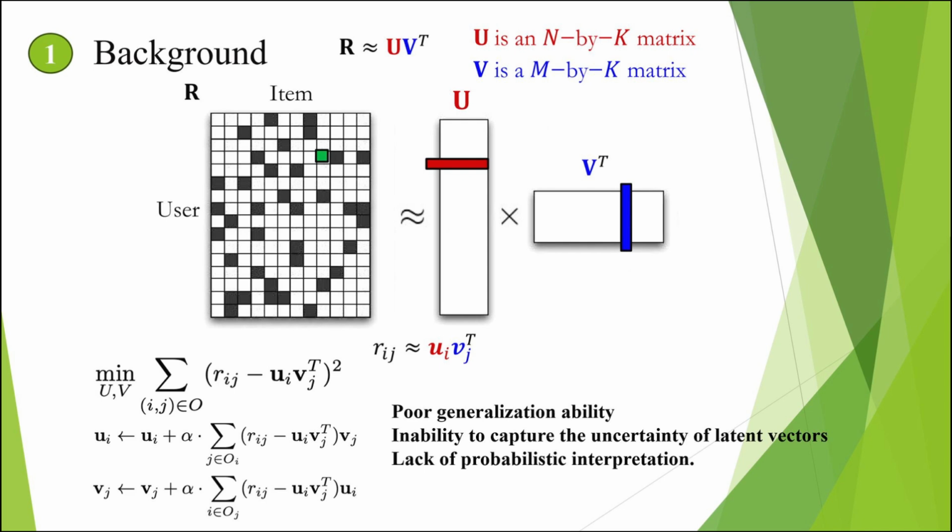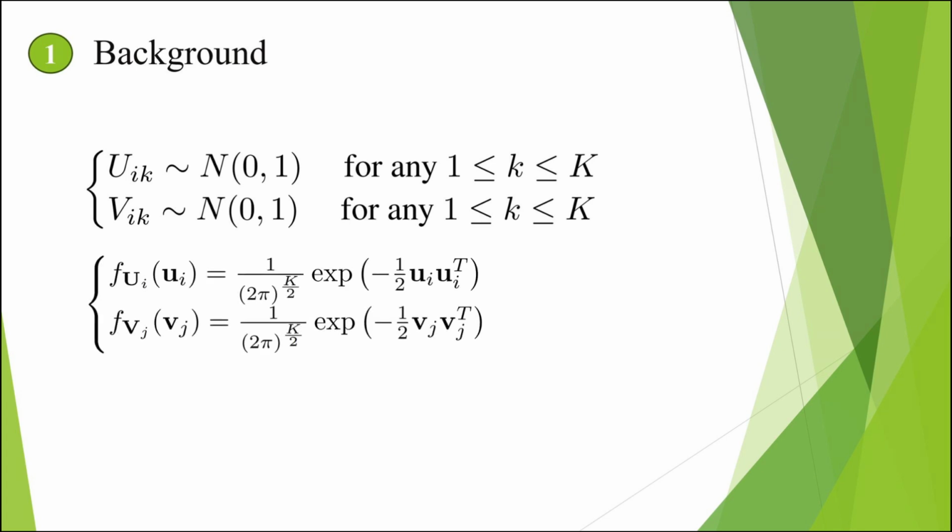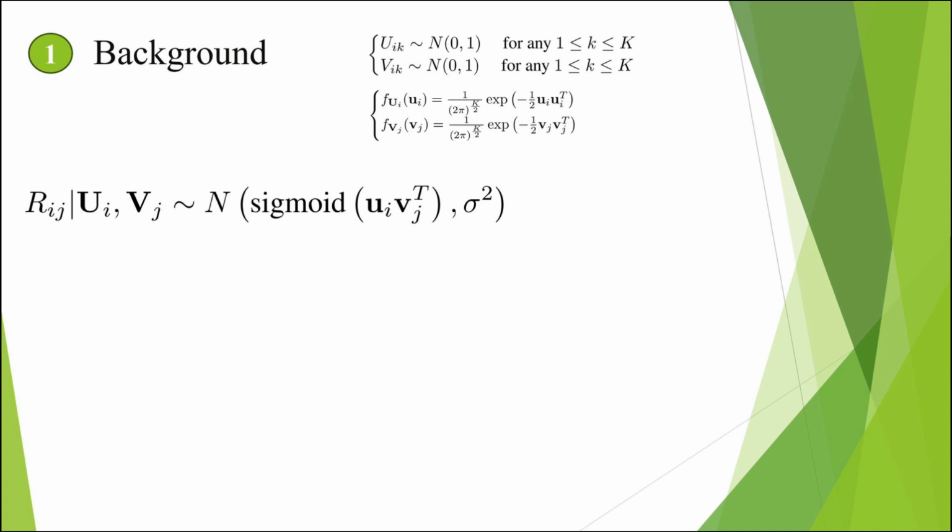Instead of estimating matrices U and V with deterministic approaches, we can introduce random distributions for the parameters. Here, each cell of the user matrix or movie matrix is assumed to be a standard normal random variable and has a prior distribution like this. The likelihood refers to the predicted rating distribution of user i for movie j under the given conditions of Ui